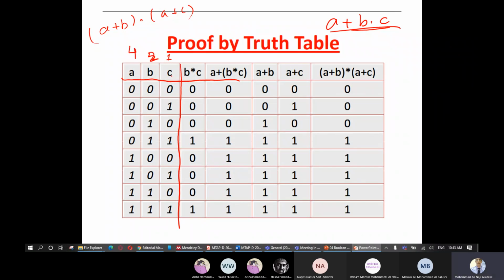That means this changes its value every 1 time, this changes its value every 2 times, and this every 4 times. Now I find B dot C. Of course, I'll consider only these things: 0 and 0, 0 and 1, 1 and 0, 1 and 1